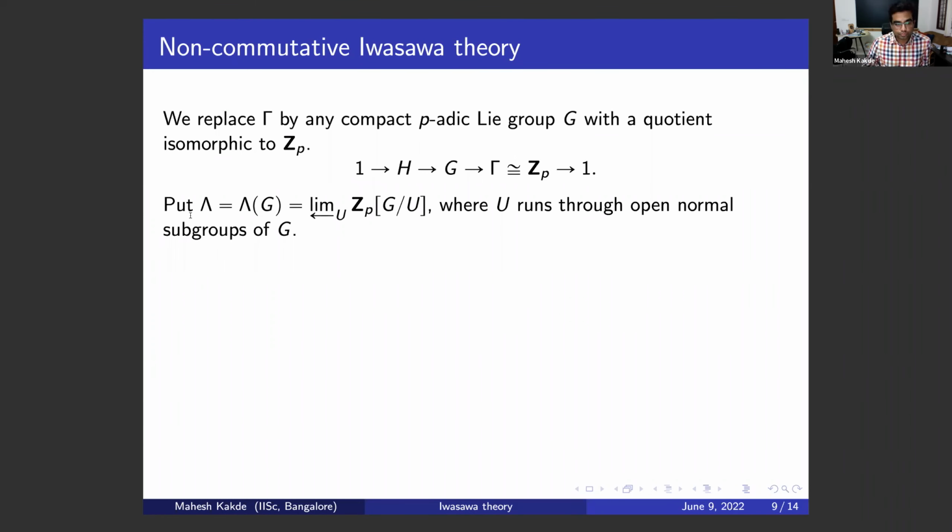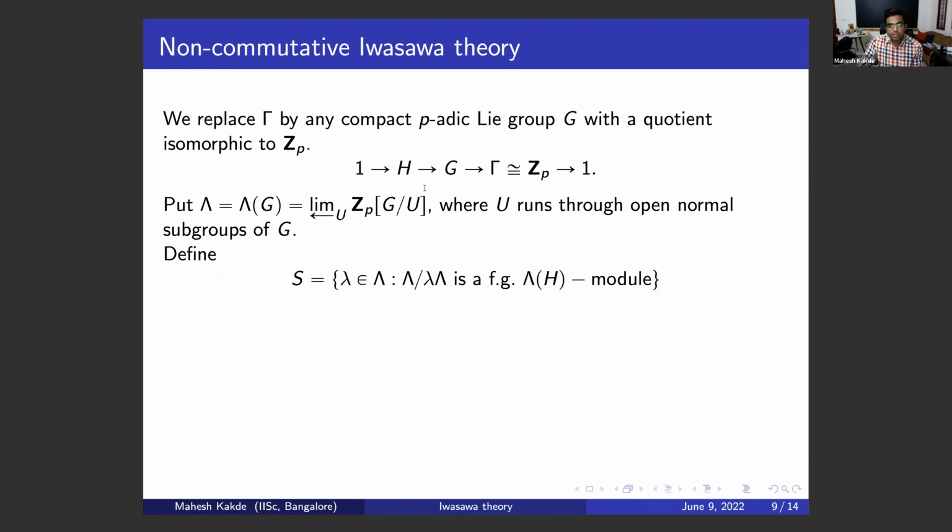All right. So again, I replace my gamma by G, and the lambda that I had earlier by the completed group ring of G. Okay, so this is lambda G, which is the inverse limit of these group rings, and here U runs through all open normal subgroups of G. So what I do is I take this particular subset of lambda, which are all elements of my ring such that lambda mod